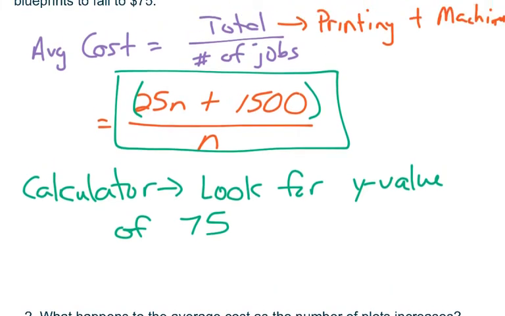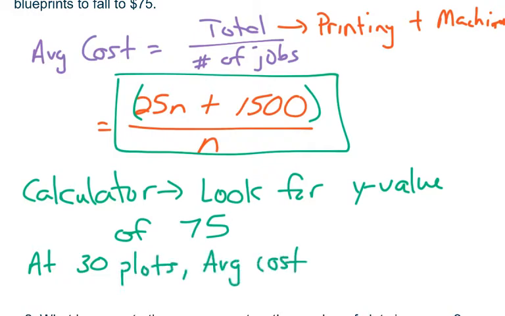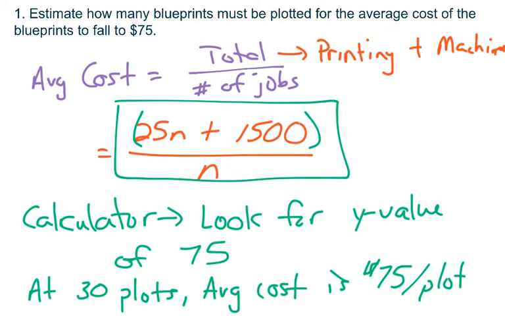So what we're going to say here for our answer is after or at 30 prints or 30 plots, the average cost is $75 per plot, because that's what it's asking us to say. Estimate how many blueprints must be plotted for the average cost of the blueprints to fall to $75. Because if you're scrolling through your table, what you're going to see is that the average cost, because that's the Y values, the average cost continues to drop the more plots you make, or the more plots you print for